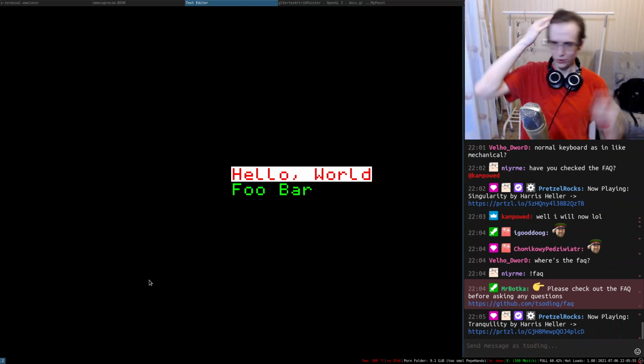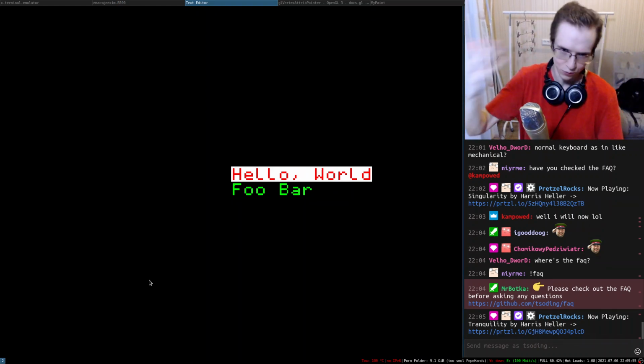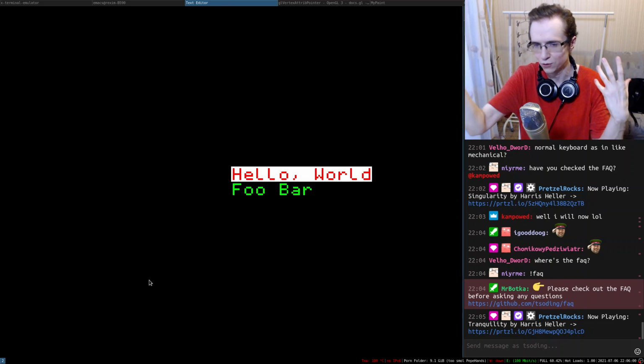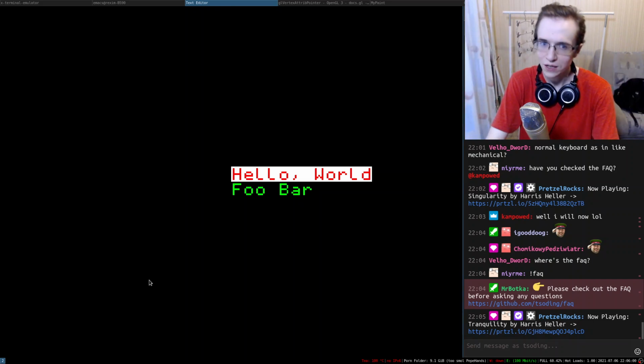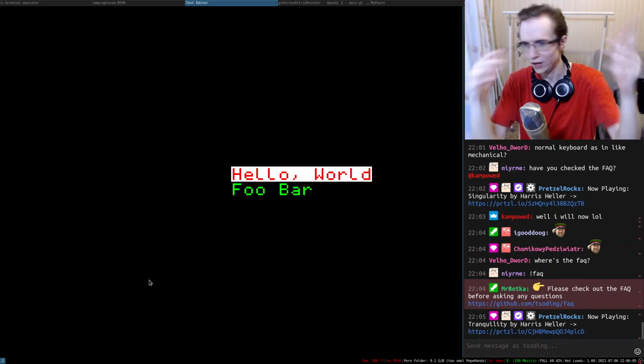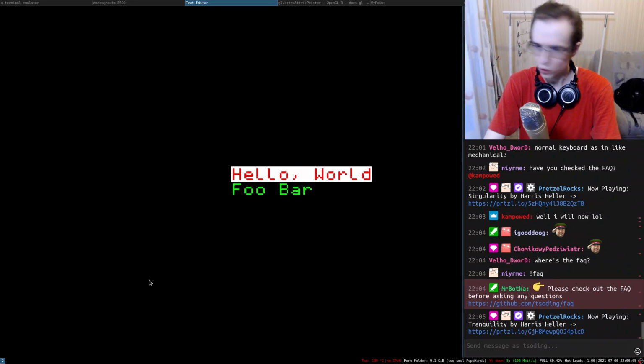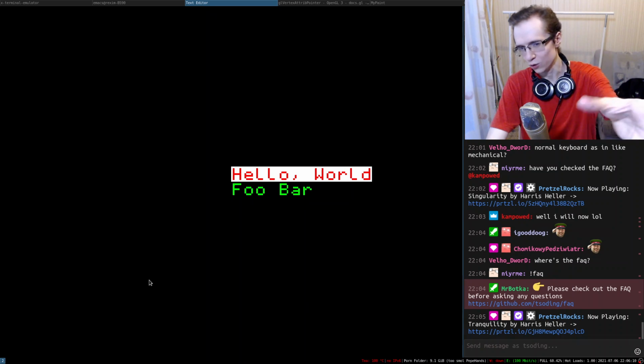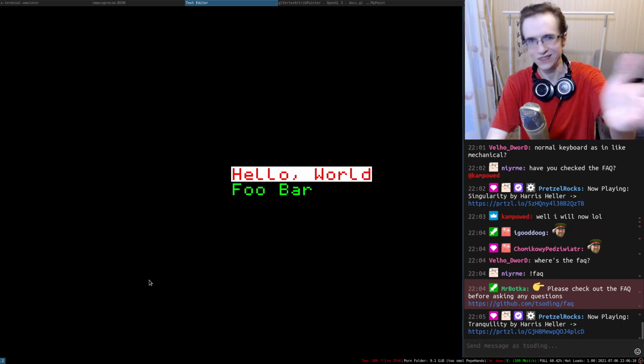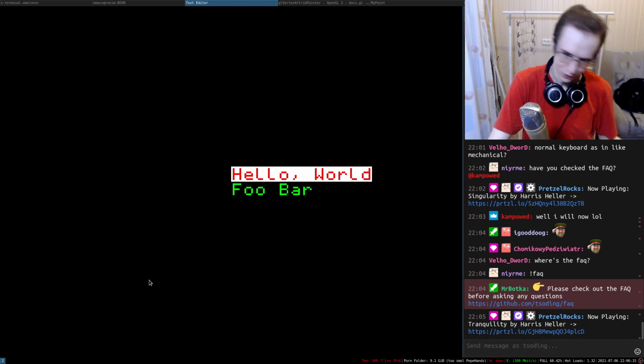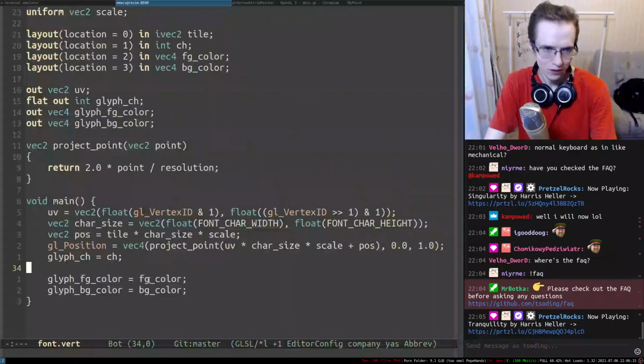There we go. So now we have a tile renderer where you can control foreground color, background color, and so on and so forth, which is quite convenient. And this is something that we can use to emulate the cursor. With this kind of coloring, we can also start introducing syntax highlighting and whatnot. So it's actually pretty good.